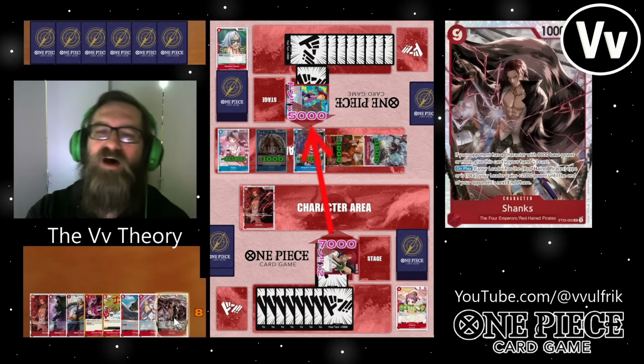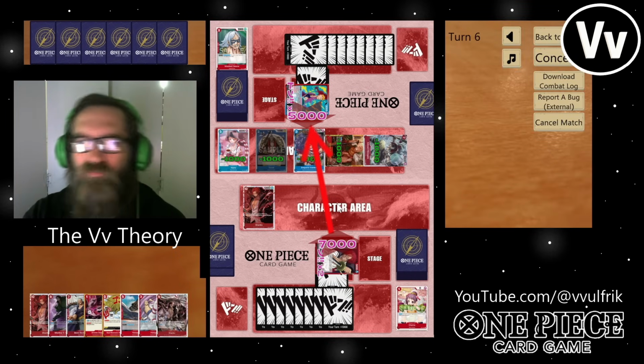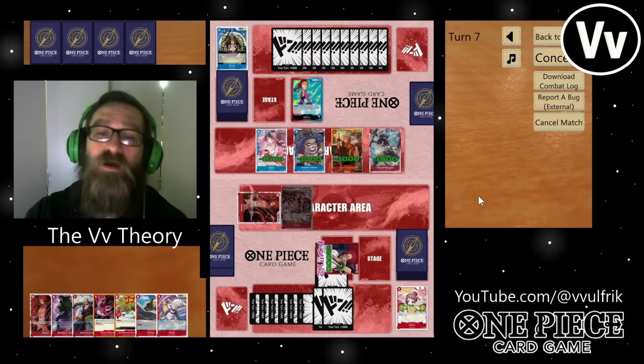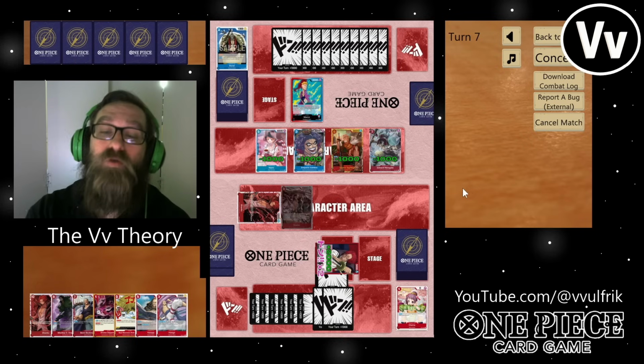We're going to go 7 into 5. This will probably force the Duval blocker. I don't know why they wouldn't use the blocker here. Okay, they're going to 2K, 1K. That's fine with me. Now they use the Duval blocker. I'm going to play out this Shanks here. We were able to get...